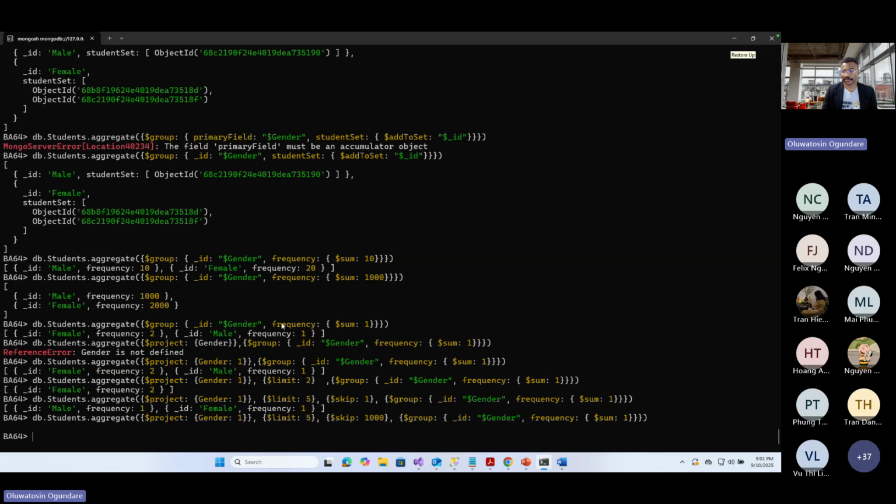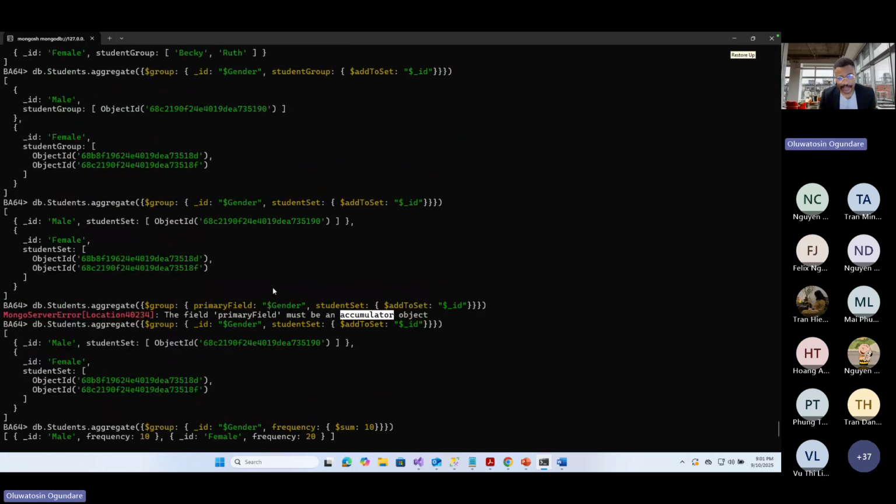But the rest is completely of what you want to show, maybe frequency, maybe a set, and that you can call whatever you want. Just that this, by convention, is you setting the property that you are using to create the groups as the ID that the aggregator will use as the accumulator object, which is the point of this. All right, so